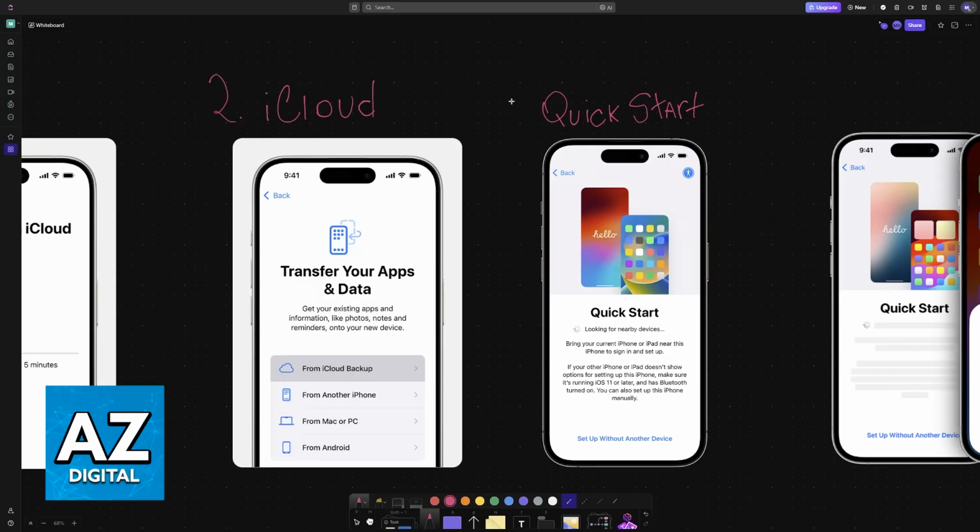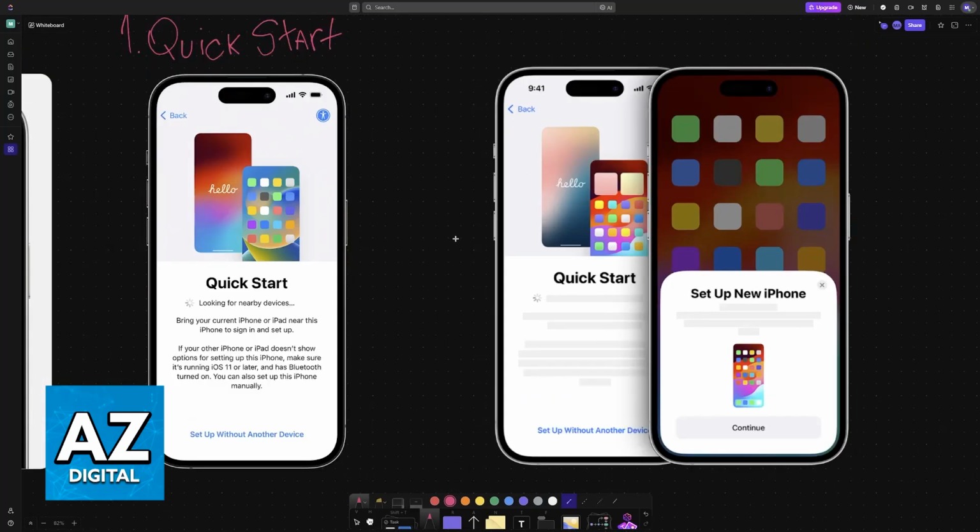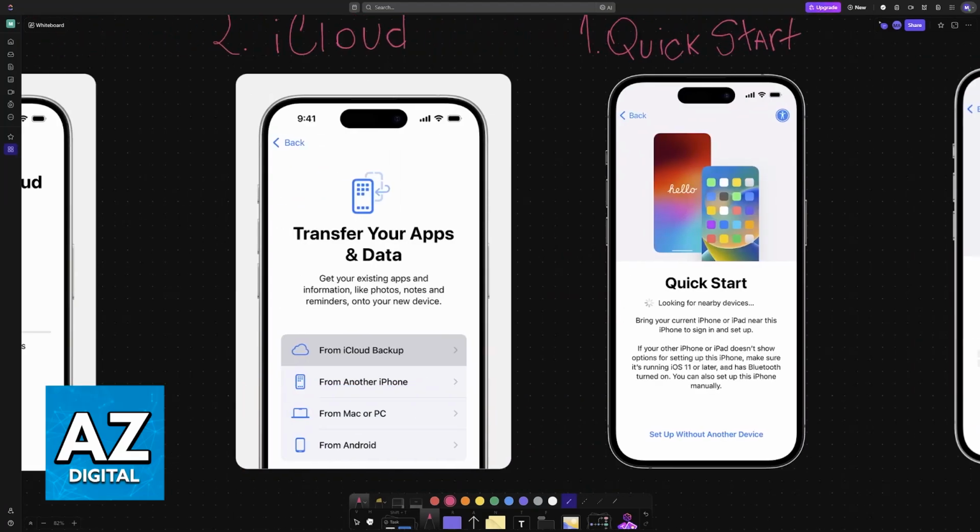So now there are two main steps that you have to do: Quick Start and iCloud Restore. So first, for Quick Start, this will be performed automatically when you progress through the setup screen and you put your new iPhone in close proximity of the old one, as long as they are on the same Wi-Fi network, and you perform a software update if needed on the iPhone 16 or 16 Pro Max. You will get this notification on the old one: Set up new iPhone. All that you have to do is choose Continue, and they will automatically transfer all of the necessary information between themselves. You just have to wait, and most of the settings will be automatically set up for you.